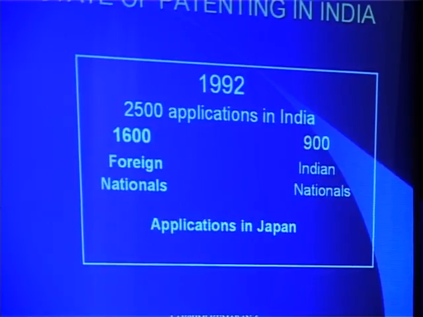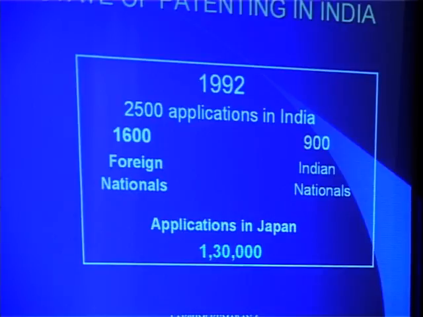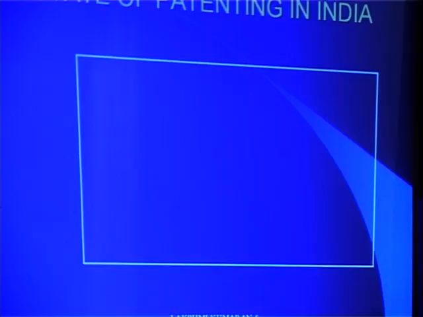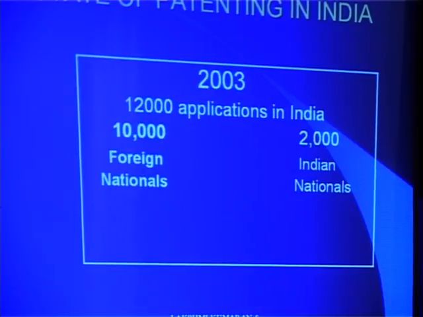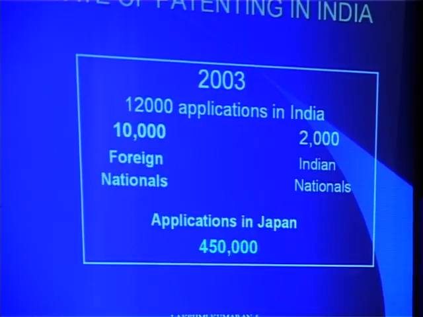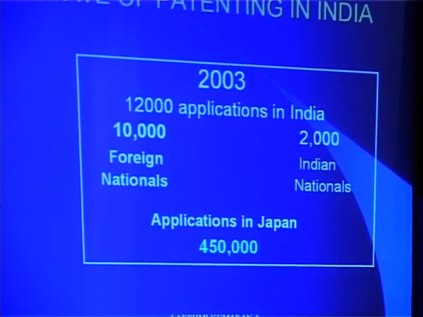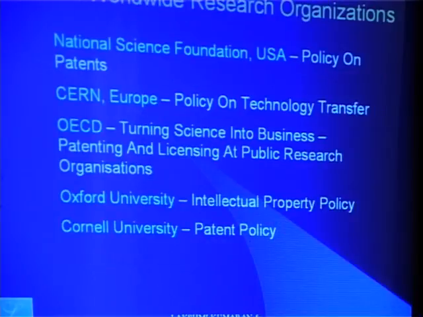Applications in Japan in 1992 were 1,30,000. In 2003, there were 12,000 applications in India. 10,000 were foreign, 2,000 were national, and in Japan it was 4,50,000 applications. Research organizations, how they go on researching. Say for example, CER